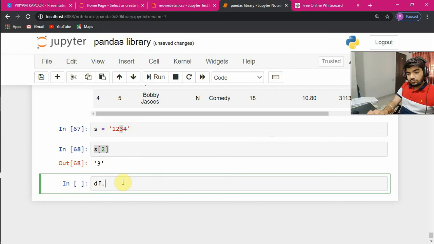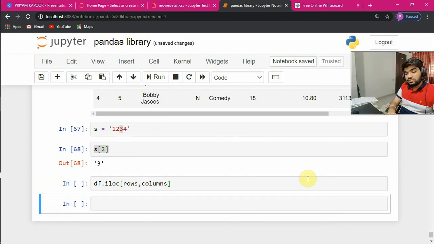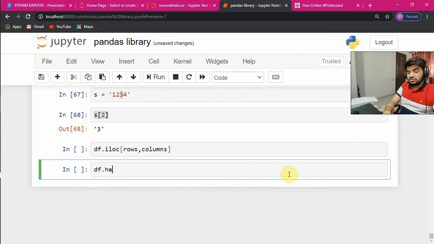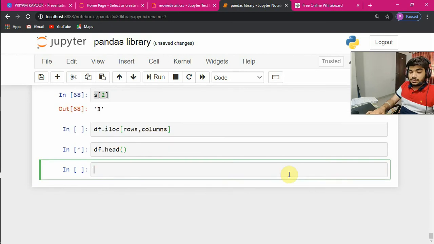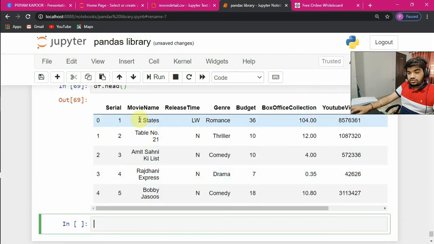Similarly, what is going to be over here? For this, first of all, we will have to use a function which is iloc, which is integer location. Inside this, I will first of all give the square brackets. I will give the rows, comma, columns. This has to be the method. So let's say I want the values. First of all, let us run df.head again so that we can just visualize it. So you see, this is two states over here.